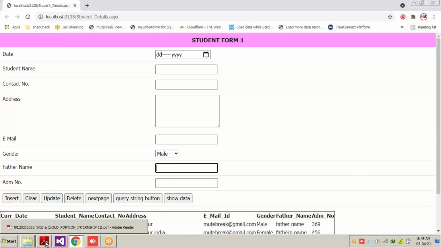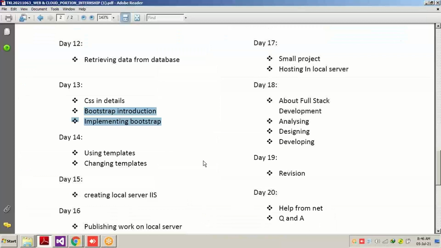So tomorrow what we are going to do is learn how to use templates and change templates, because some people have templates also. Templates are nothing but ready-made websites. A ready-made website is a template. You can download it from the net also. Some are paid, some are free also, and you change some things and the materials inside the templates. Tomorrow you are going to see much more advanced tags in HTML and JavaScript, as I will be showing you the use of templates and how they are used.